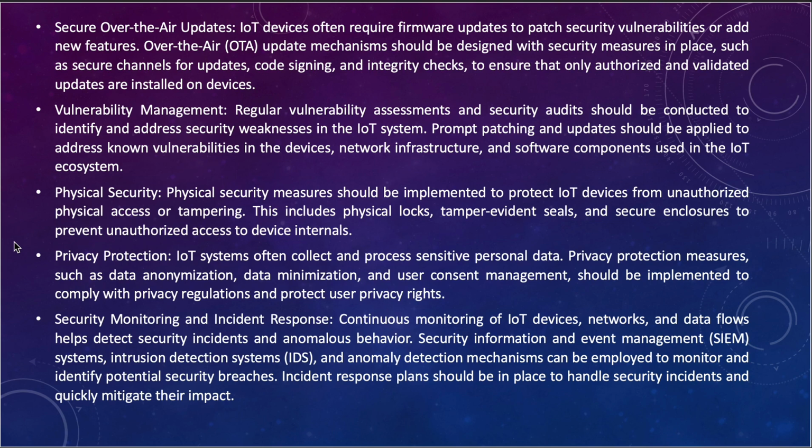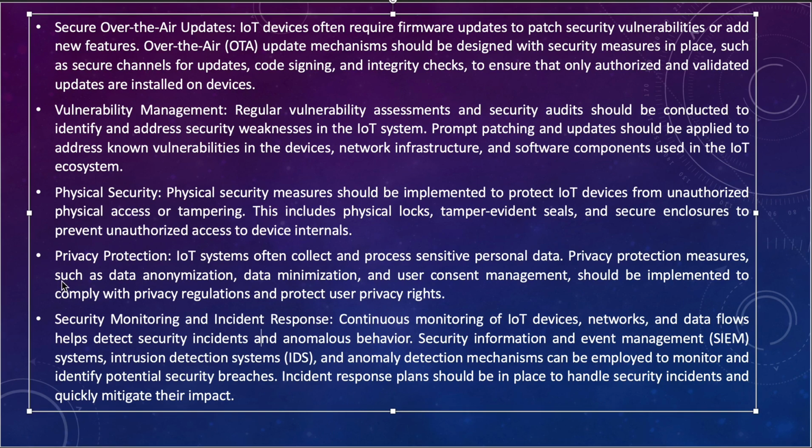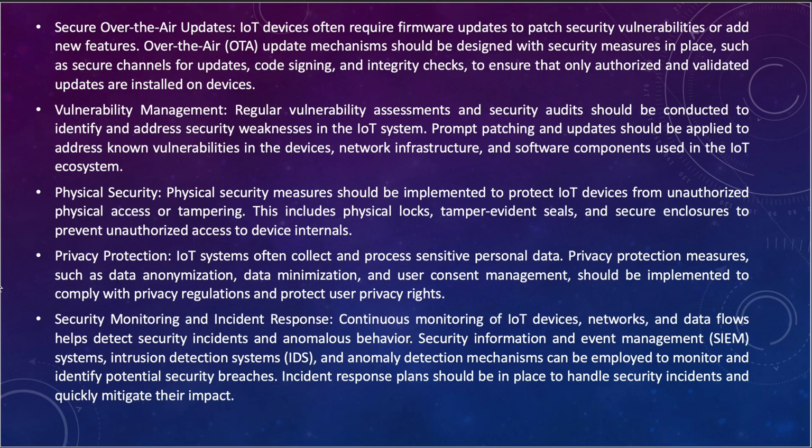Then from physical security we go to privacy protection. IoT systems often collect and process sensitive personal data. Privacy protection measures such as data anonymization, data minimization, and user consent management should be implemented to comply with privacy regulations and protect user privacy rights. Yes, so this is something that needs to be thought about when you are going to